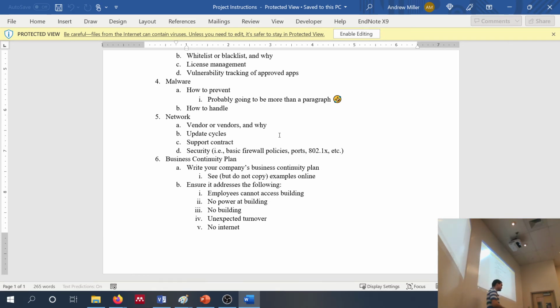So if your IT budget is $150 million, is it fair to say you're going to go with, or at least you have the option to go with, a higher end vendor than if your budget is 50 grand a year? Yeah, if your budget's 50 grand a year, you're probably going with something like Ubiquiti Unifi, right? Okay. If your budget's 150 million, you can really pick who you go with. All right. Now again, just to clarify, you're not getting actual quotes here. You're just describing which vendor you believe would be best and your reasoning for it. Does that make sense? Is anyone confused by anything so far?